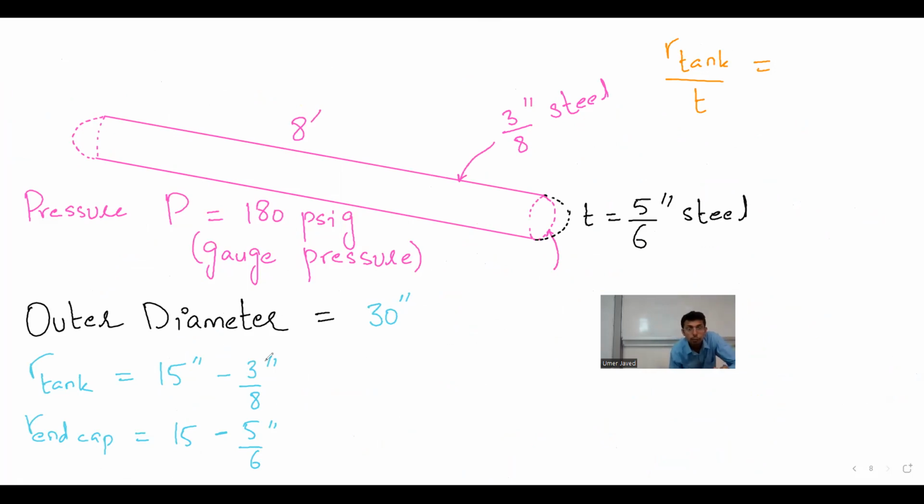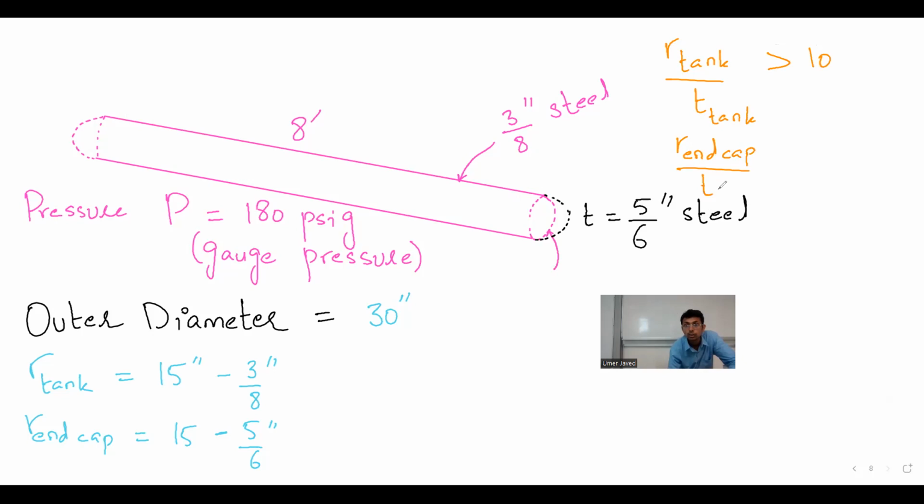Well, 15 minus 3 by 8 divided by 3 by 8. What is the answer? The thickness is 3 by 8, by the way. So T, thickness of tank. Is it greater than 10? Yes. Okay, good. Then radius of the end cap